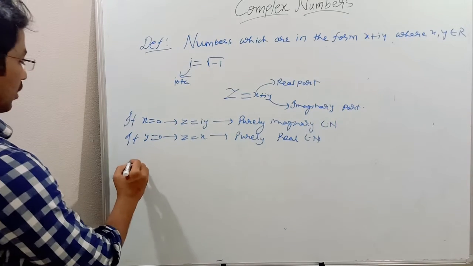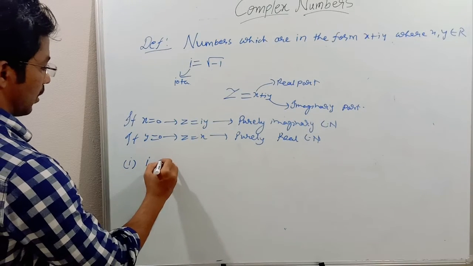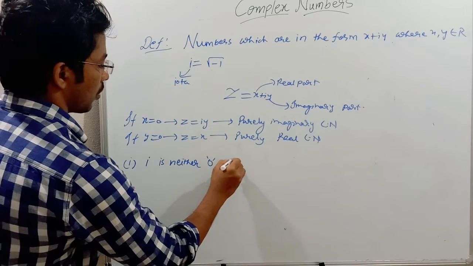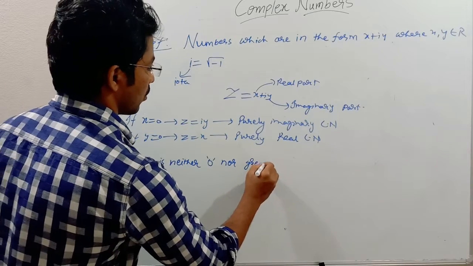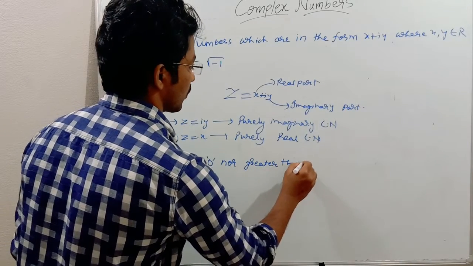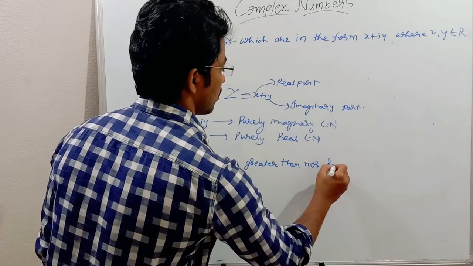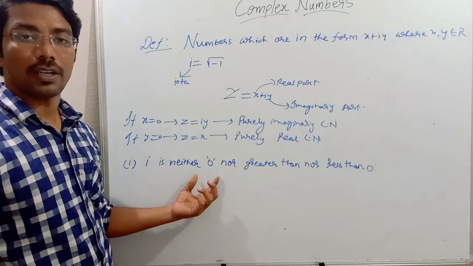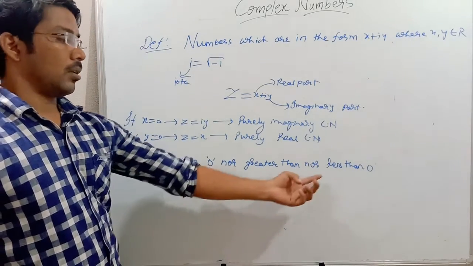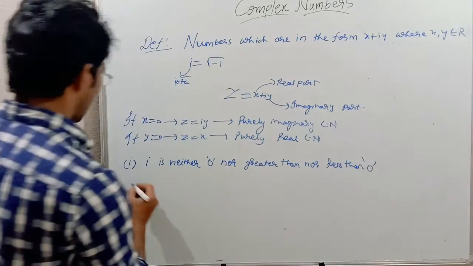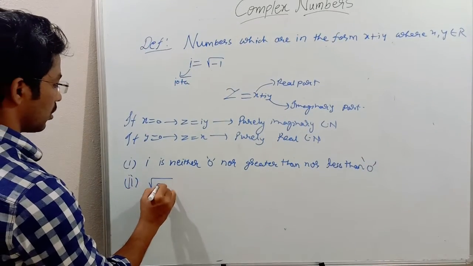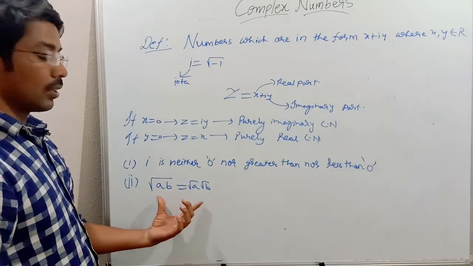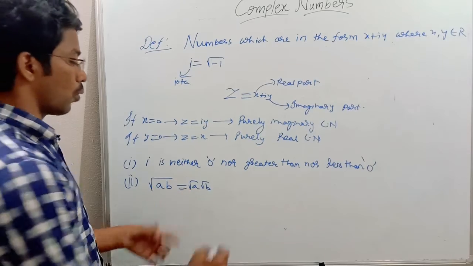Now let us get into some conditions. The first one is i is neither 0 nor greater than 0 nor less than 0. So the i value is neither 0 nor greater than 0 nor less than 0. The second condition is, we know that square root of AB is square root A into square root B formula. So this formula is applicable in complex numbers only